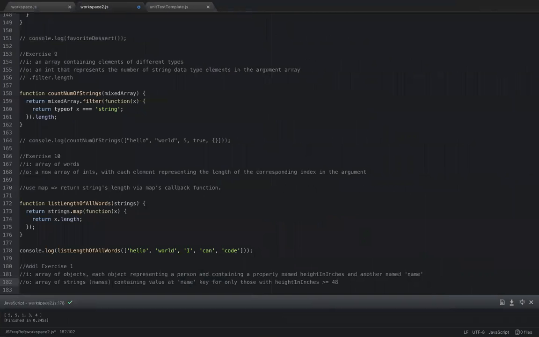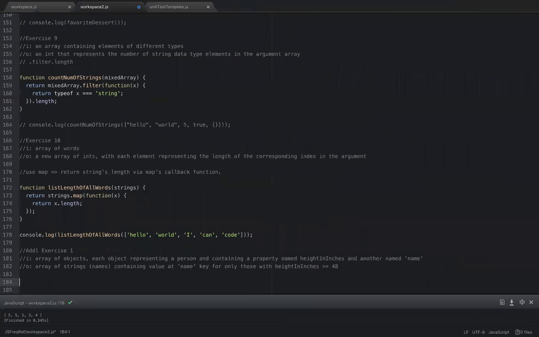Okay, I'm taking an array. I want to return an array. Should be able to use map to do that. So I will use map, and my callback function is going to say